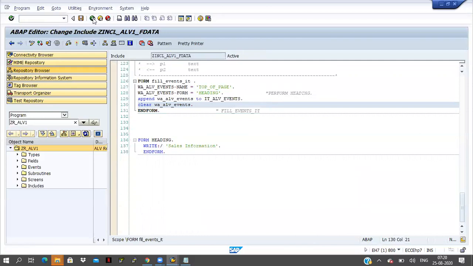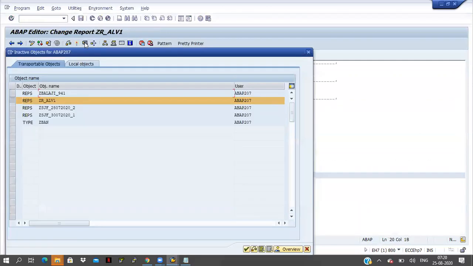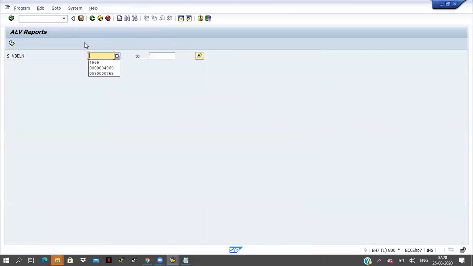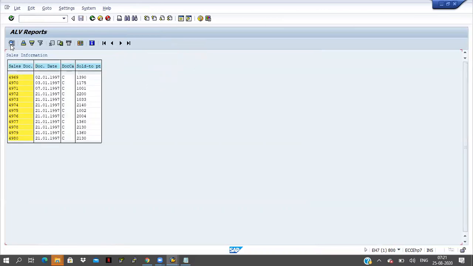Click on back button, activate the program, execute the program. How is it coming? Sales information is coming now.